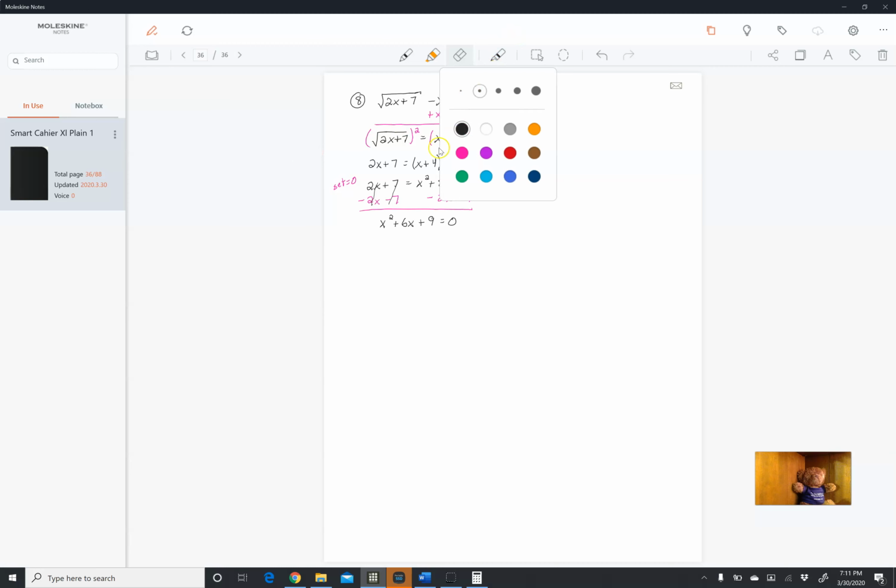And again, you can skip this step if you're pretty good with factoring. These, for the most part, you're going to see that these are factorable, okay? It's not that that always happens. It's just that I'm going to be really nice and I'm going to make them factorable so that you have a lot of different options. You can use completing the square. You can use quadratic formula if you're having trouble factoring. But factoring is the fastest way to do this, typically. So we need two numbers that multiply to 9 and add to 6. Those numbers are just 3 and 3,